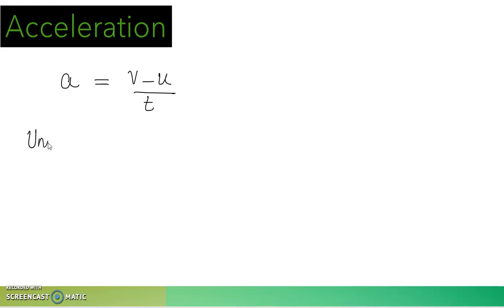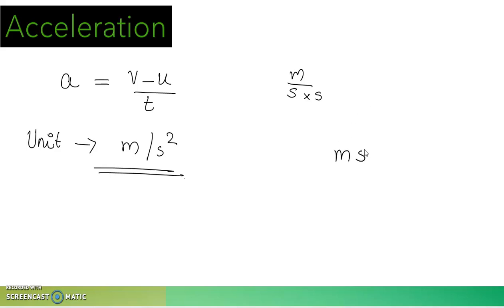And what is the unit for acceleration? We know that velocity is expressed in meter per second. Already divided by time is there, right? So, the unit for acceleration is meter per second square. So, if you get a question, which physical quantity is represented by the unit meter second raised to minus 1? Another way of representing it is meter second raised to minus 2. For speed, it is meter second raised to minus 1. So, if an MCQ question comes like this, you can directly write m s raised to minus 2, that is representing